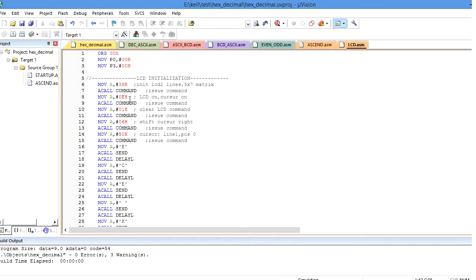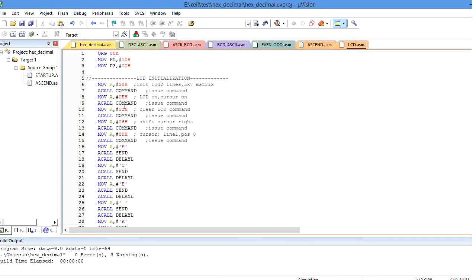What command? That is MOV A, #0Eh. This is the command I use to make the LCD on as well as the cursor on, so it is displayed on the LCD device. So whenever I copy this 0E to A, this is the command. How can I know whether it is command or data? By calling the ACALL command function.